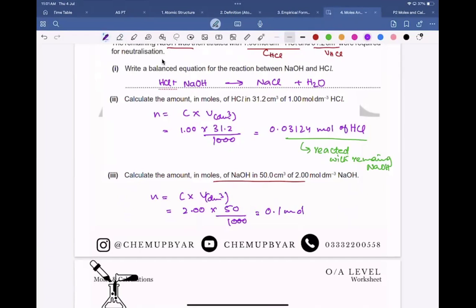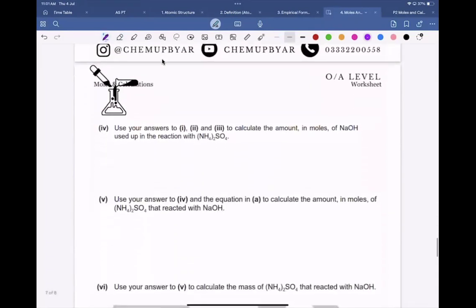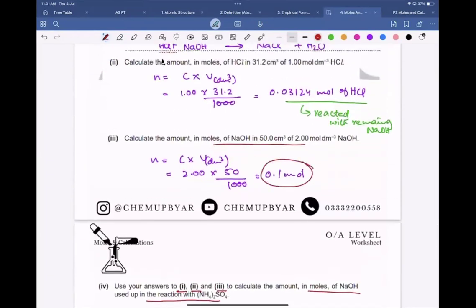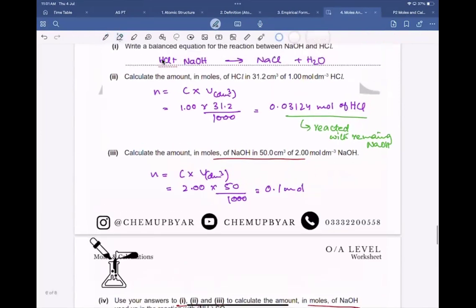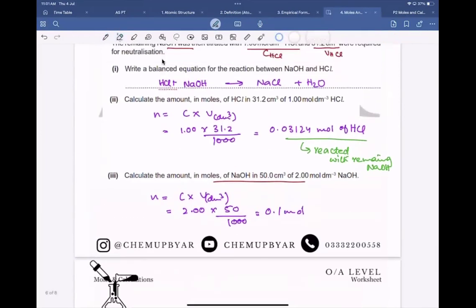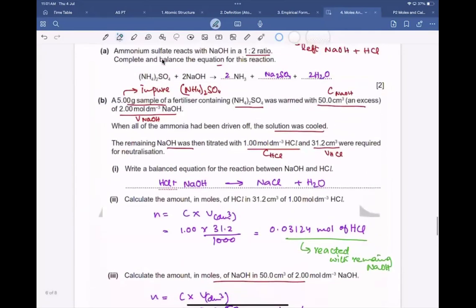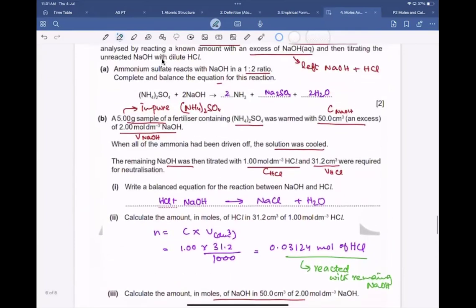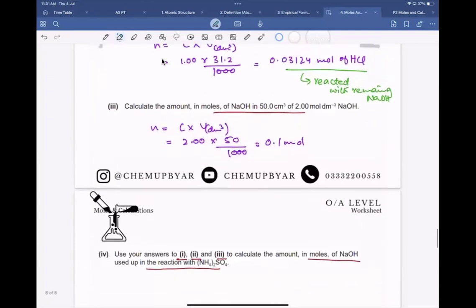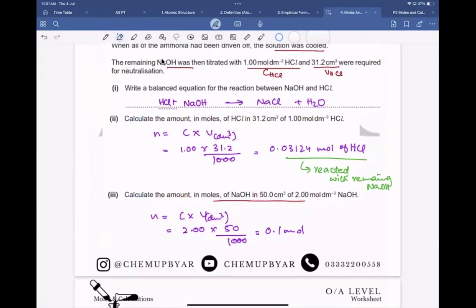Now what they are saying, use your answer to 1, 2, and 3. Calculate the amount in moles of NaOH used up in this reaction. These are the total moles of sodium hydroxide, right? Yes. And you told us in the beginning the ratio between sodium hydroxide and HCl. It is because, see,